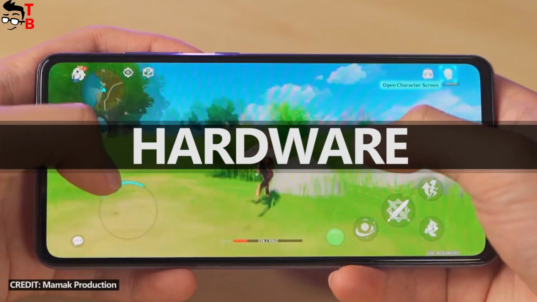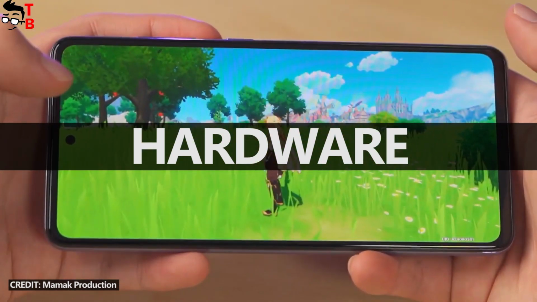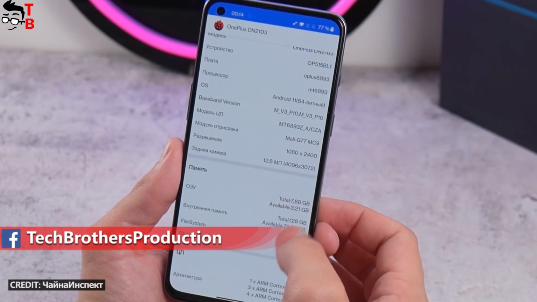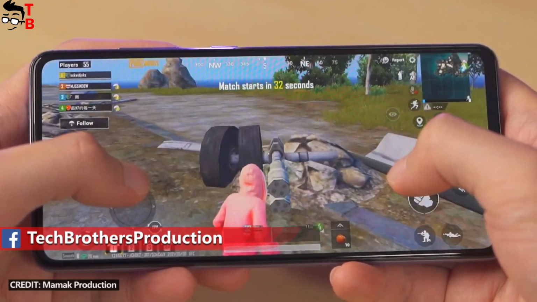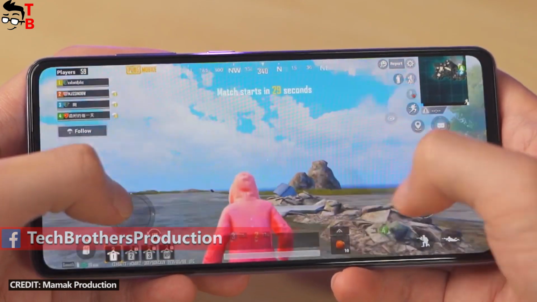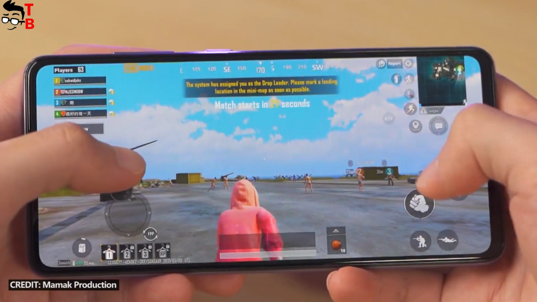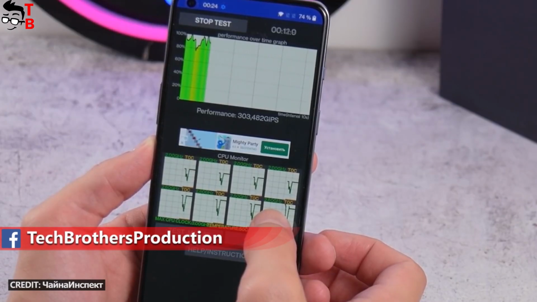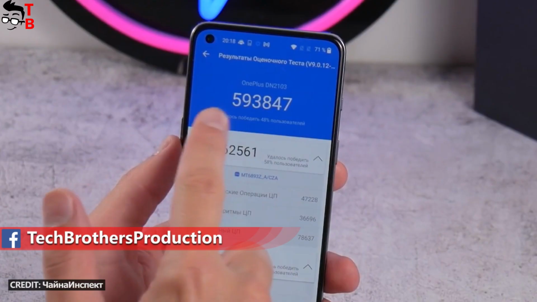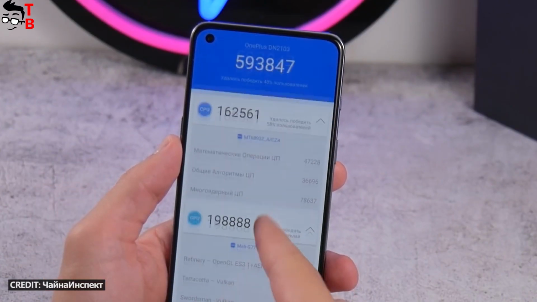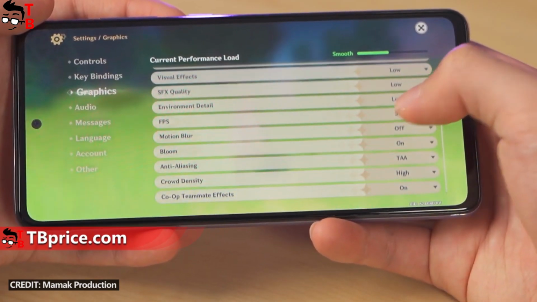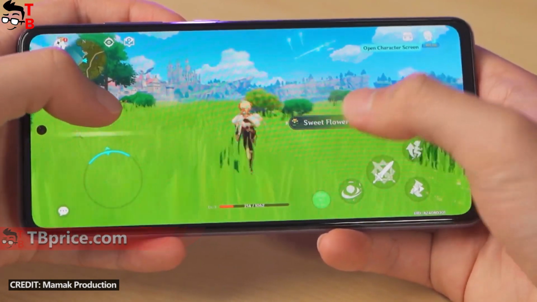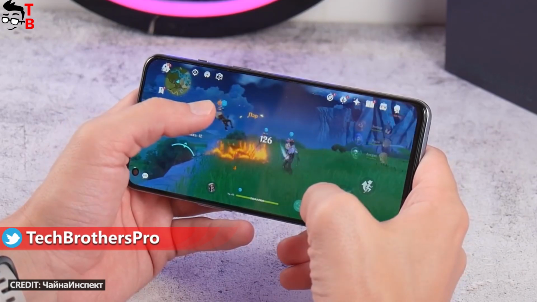The new OnePlus and Samsung smartphones support 5G network, but they are powered by different processors. OnePlus Nord 2 5G has a 6nm Dimensity 1200 chipset, while Galaxy A52 5G is equipped with an 8nm Snapdragon 750G. Both of them are very powerful processors, but we need to choose which one is better. The new smartphone from OnePlus has 692,000 points in Antutu, while Galaxy A52 5G scores only 330,000 points in the same test. As you can see, OnePlus Nord 2 5G has much better performance.